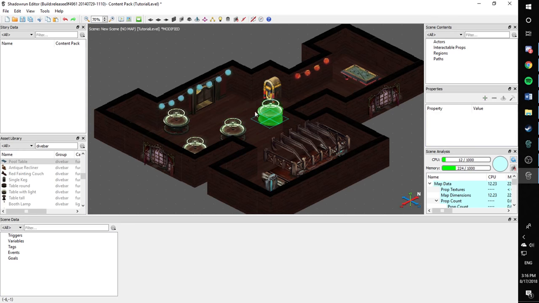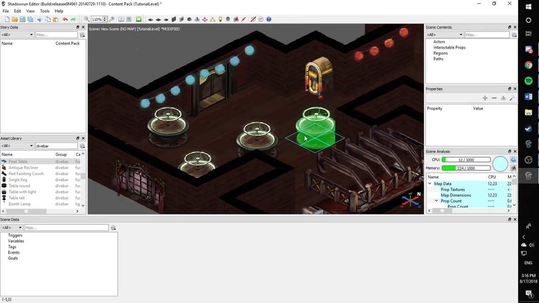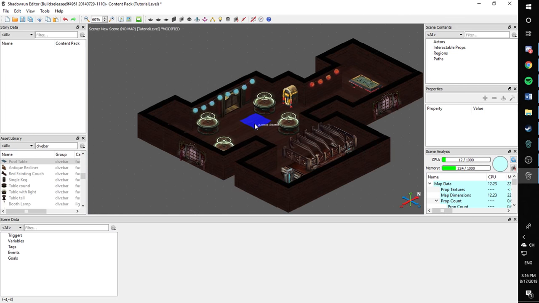Should have made this a bit bigger, but it's okay, right? We can figure something out. But people come in here to have some fun. People come in here to drink. Let's say,